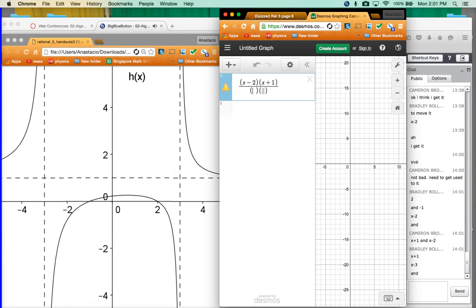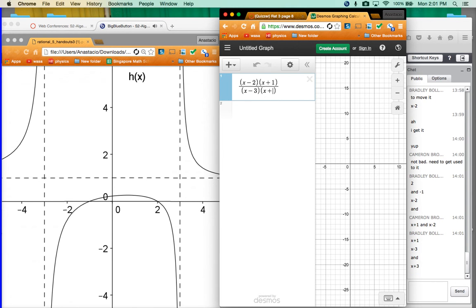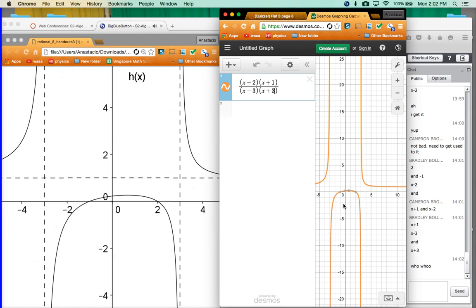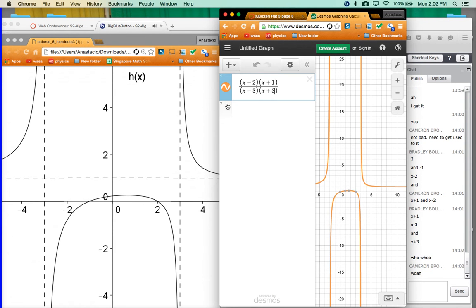X minus 3. Good. X minus 3. And a what? X plus 3. Perfect. I would venture to say that you got the graph right off the bat. Would you agree that that looks like that? The only other thing you would need to worry about